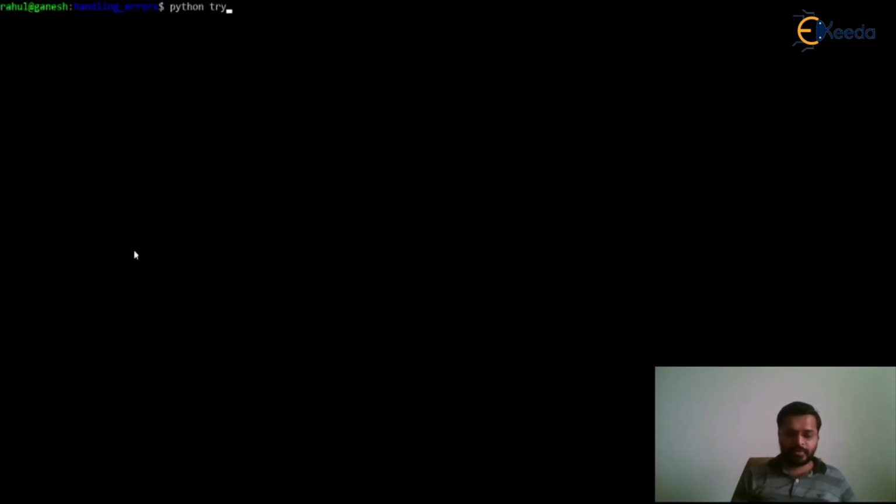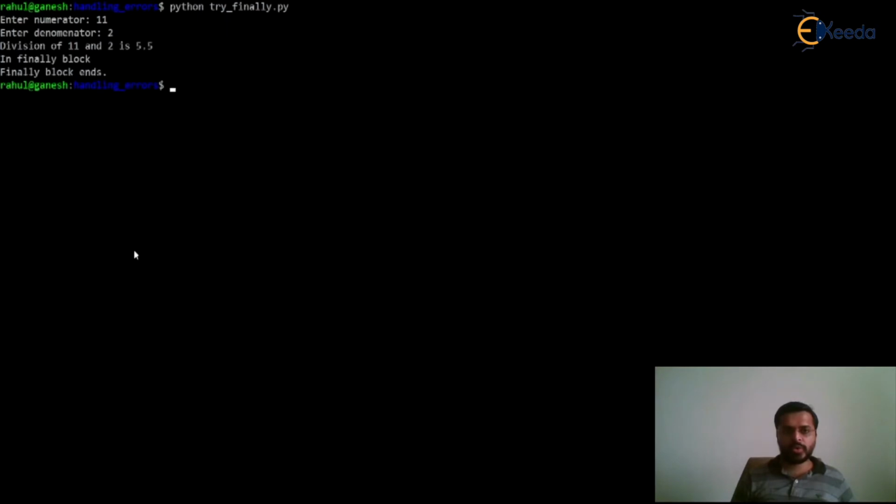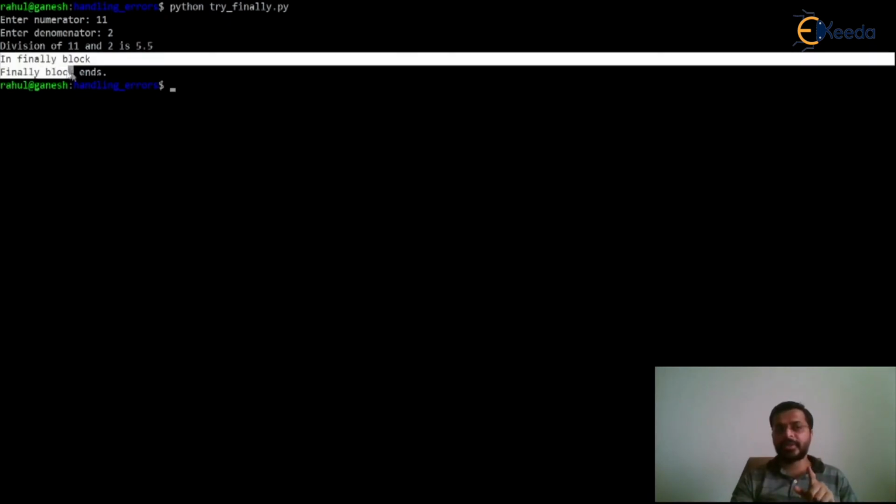Python try finally. Let's provide 11 and 2. So here we can see that it has provided proper division of 11 and 2, which is 5.5. Basically the block of code which is existing inside the else block. So since there is no error generated in the try block, the else block got executed, and after that finally got executed, and it has printed the in finally block message, and it has actually cleared both number 1 and